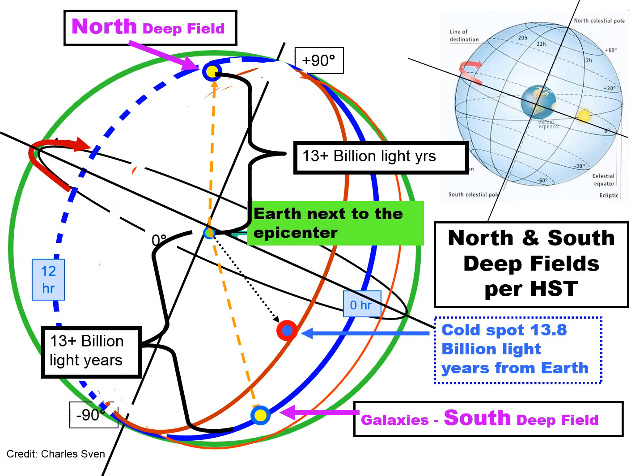This third picture graph finds very slow Earth as part of the Milky Way galaxy in the center of the Hubble Space Telescope's North and South Deep Field Galaxy surveys. And when placed on a celestial map, like the one shown above on the right, we find that Earth is in the center of these NASA-viewed opposing deep field galaxies, each field over 13 billion light years distant from Earth in opposite directions. This midpoint location chart is from my latest book, The Big Bang Book, How, Where, and When Demonstrated,